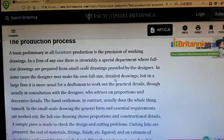The production process. A basic preliminary in all furniture production is the provision of working drawings. In a firm of any size, there is invariably a special department where full-size drawings are prepared from small-scale drawings provided by the designer. In some cases, the designer may make his own full-size, detailed drawings, but in a larger firm, it's more usual